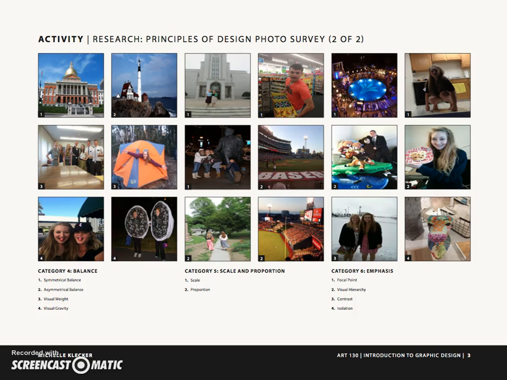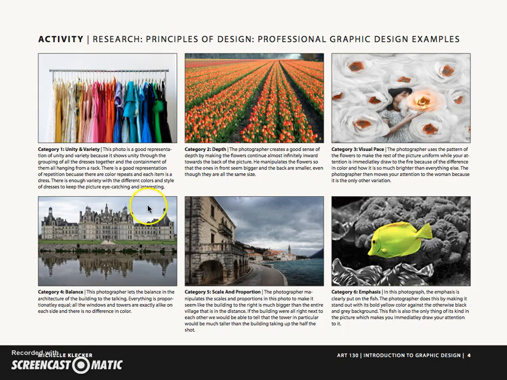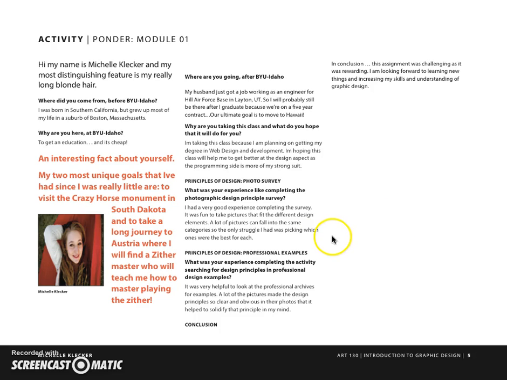Let's see. Yeah, I really like that last buffalo picture. I made a note of that. And yeah, just watch the distortion. I can tell these photographs are all distorted. But I could tell you explored the design elements. I thought your professional examples were really strong. I loved your explanations. Really good job there. And good job on your ponder page. Again, this right here kind of bothers me. That could have gone up a little